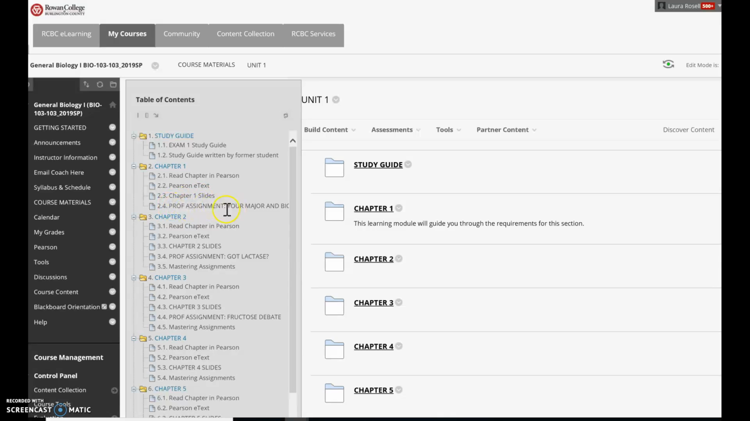are either listed as professor assignment or mastering assignments. Mastering assignments are those through Pearson's website. That's your textbook editor. And so anytime you see professor or mastering, you want to make sure that you go into that assignment. The way it shows up for me is that I have to click on the chapter and